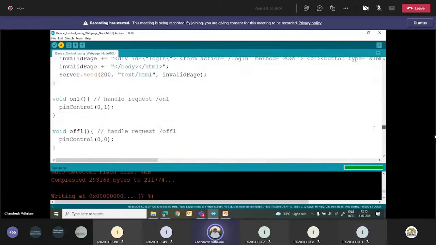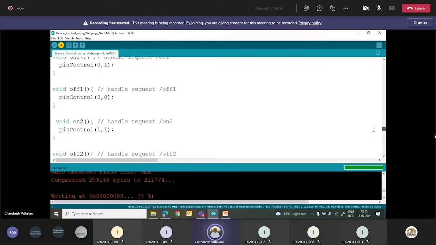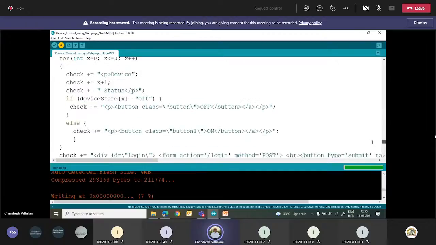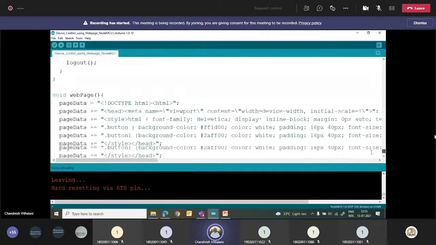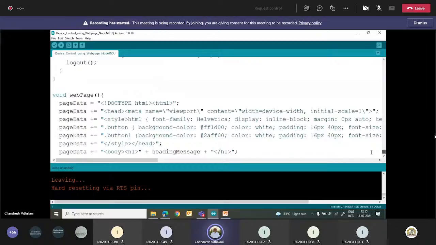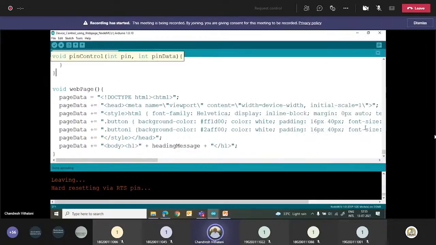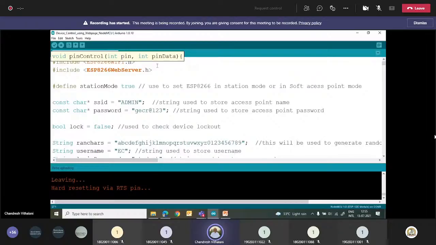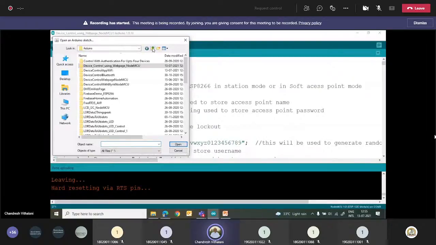So this is the entire HTML code which is written, and you have studied that during your web technology course last semester. So the web technology course will be useful to you for these IoT applications. Let me use this program because in this I have used the serial monitor.